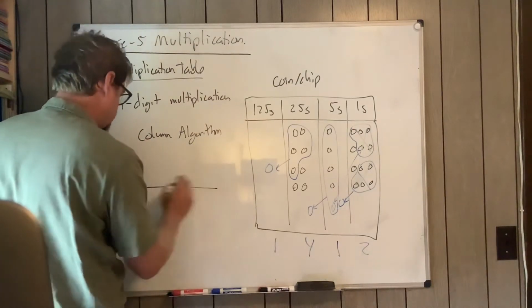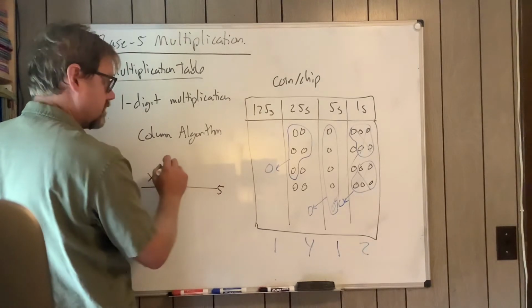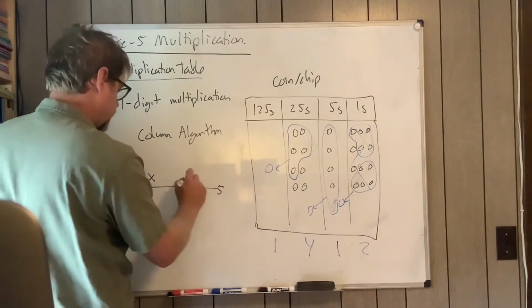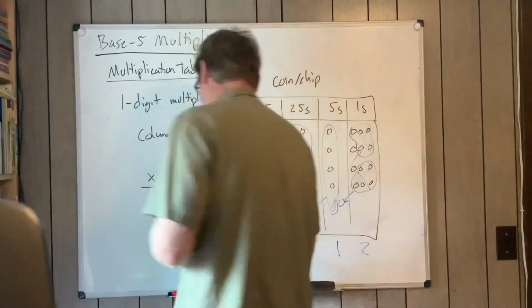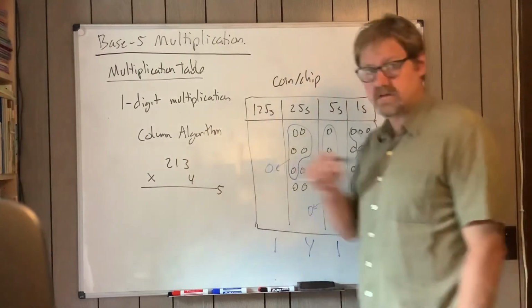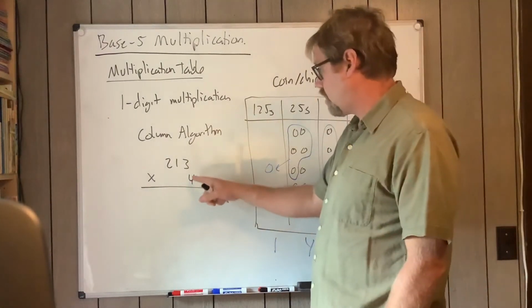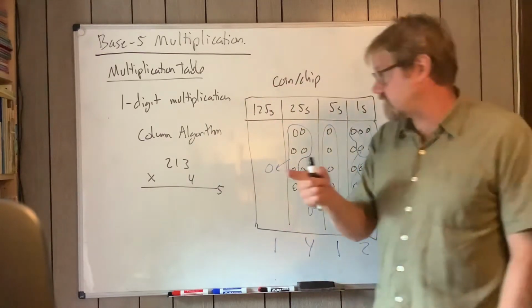So just like we've done before, in base 5, what was I going to do? I was going to do 4 times 2, 3, 1. Okay, so we're going to do the same thing that we've done before. So 4 times 3. Okay, so in our heads, we know that's 12 in decimal, but what is it in